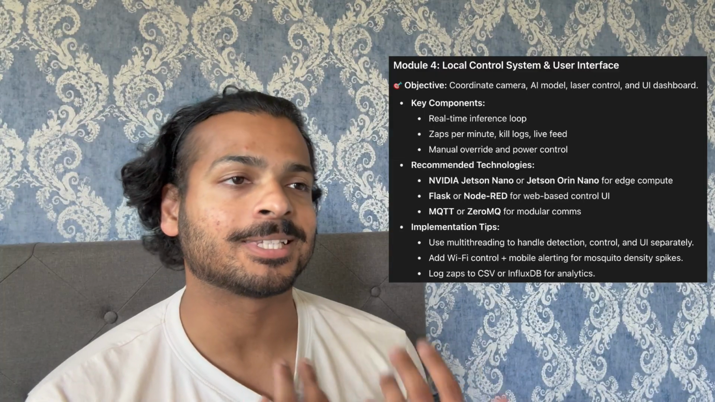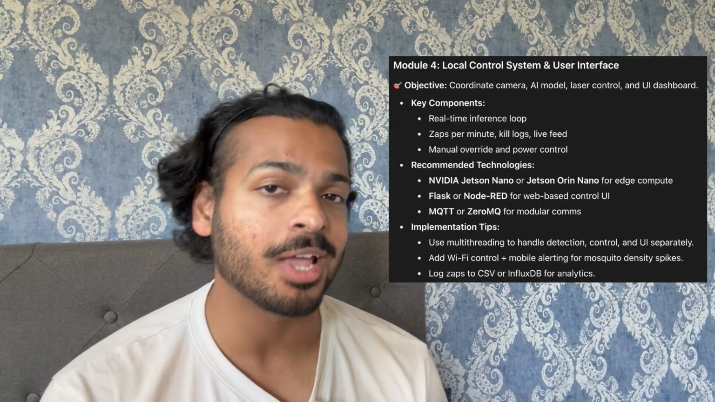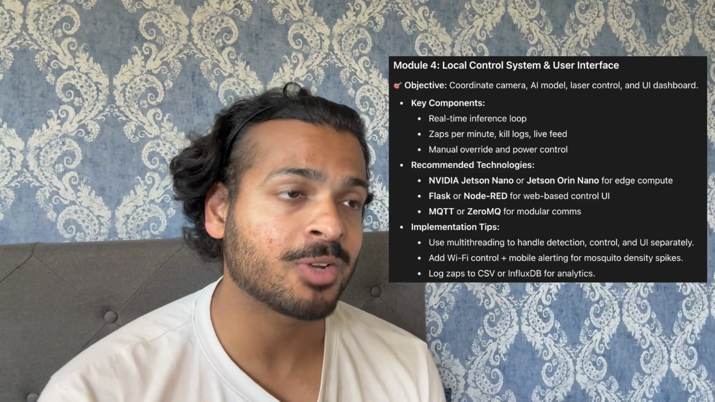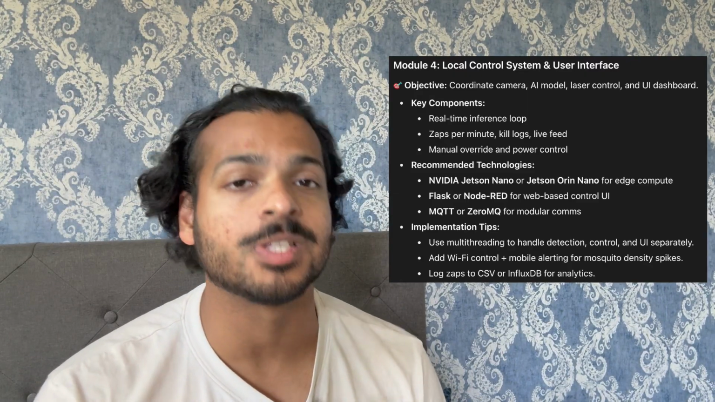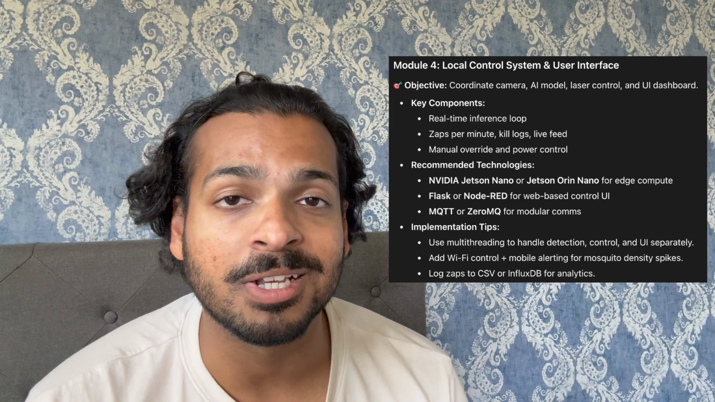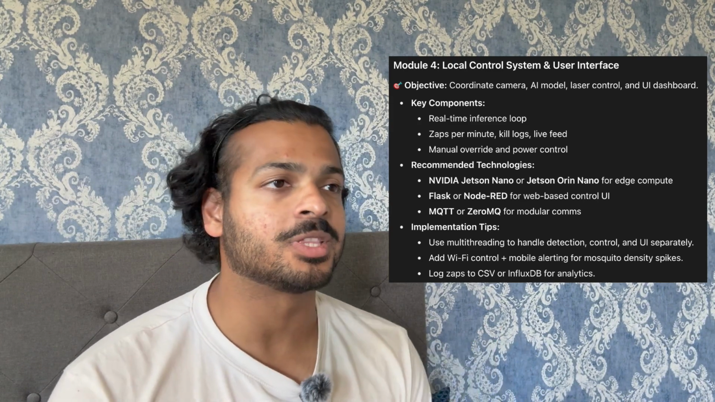Now, specifically for the computer vision related aspects of this project, you are going to be needing a chip that is capable of running inference for edge AI models. And a chip that would be great for these purposes is the Jetson Orin Nano. The other key thing to keep in mind is that the components, such as the component that detects the mosquitoes,